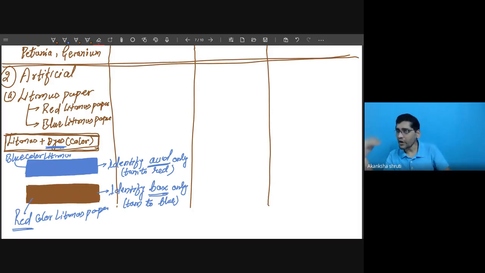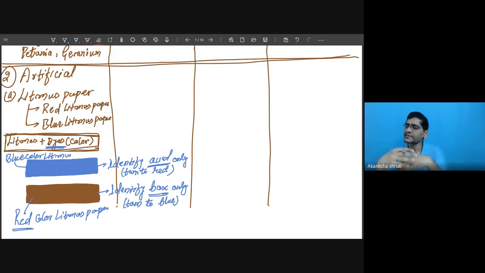Now the other question framed is, what is the color obtained in acid for the litmus paper? The color obtained in acid is red. So whether it is red color litmus or blue color litmus, red color litmus cannot identify it, because though in acid the red color litmus remains unchanged in color, at the same time it is also possible that rather than the given chemical being acid, it may be neutral or it may be water itself. Okay, still you will not get any change in color.